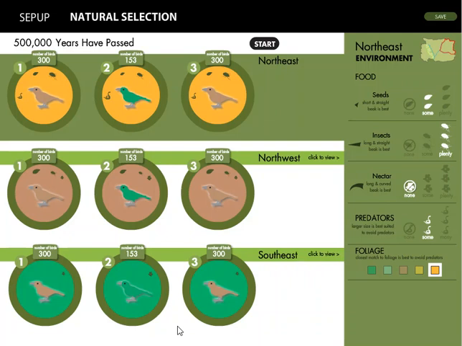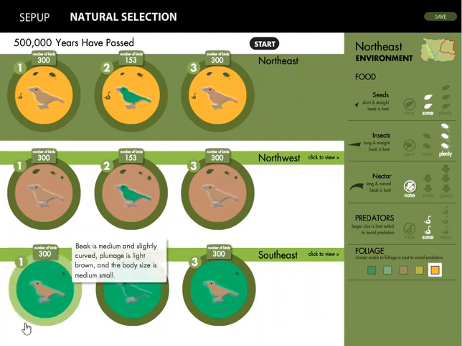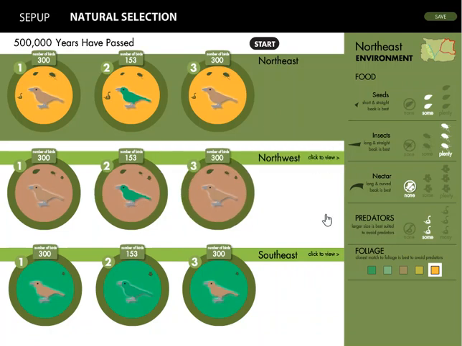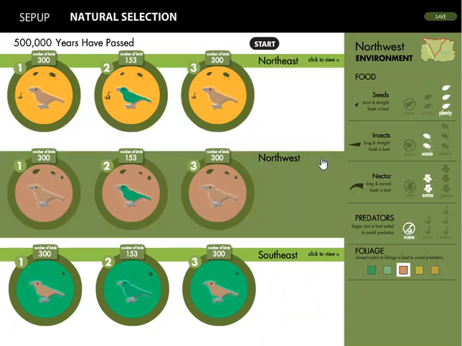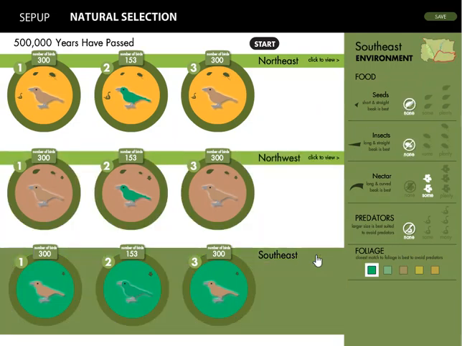In this portion of the simulation, we're focusing only on the environment that we created, the Northeast environment. You can see, if you click here to view, the shift to focus on the Northwest environment and the Southeast environment that the simulation provided for us. If we start this scenario,